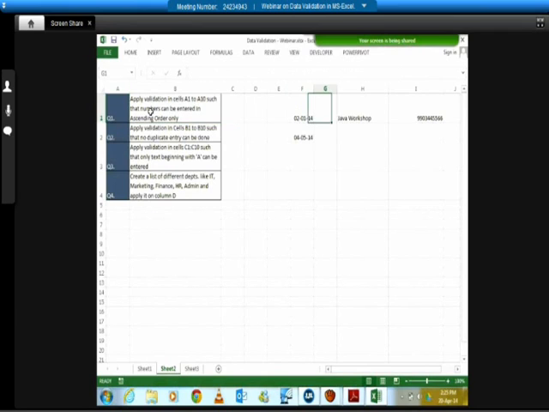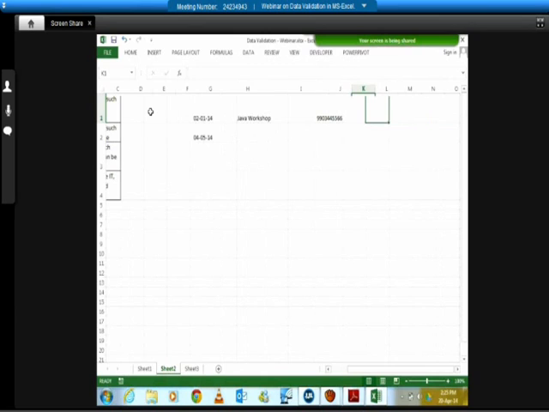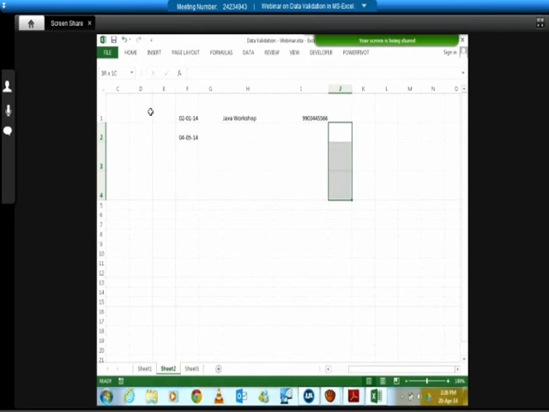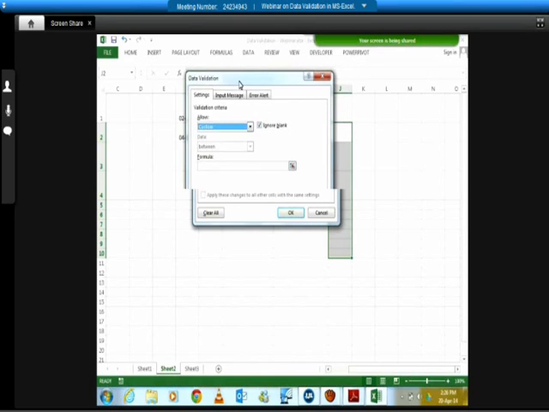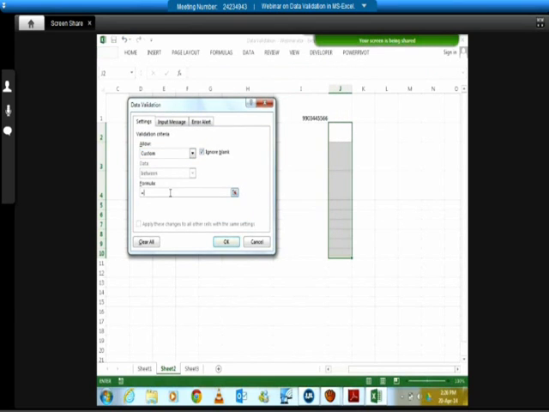The formula would be that this cell J2 has to be greater than J1, right? So I have created a logical test. And this formula that we are writing goes to the first cell of my selection. The first cell of my selection is J2, so this particular formula sits in J2. And there are other cells in my selection. So what happens there? Over there, this formula gets copy pasted just like a normal copy paste in Excel, where it is going to work with relative reference. So in J3, the formula would become: is J3 greater than J2. In the next cell, it will become: is J4 greater than J3, and so on and so forth.